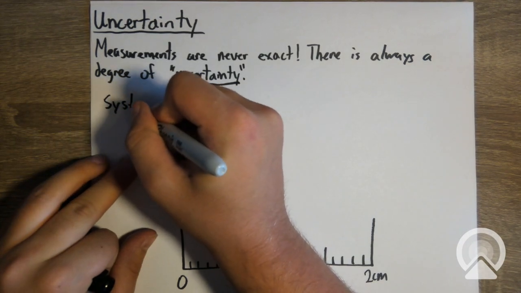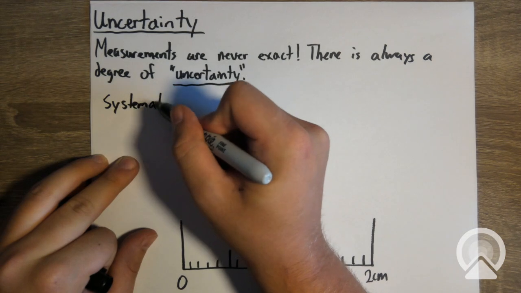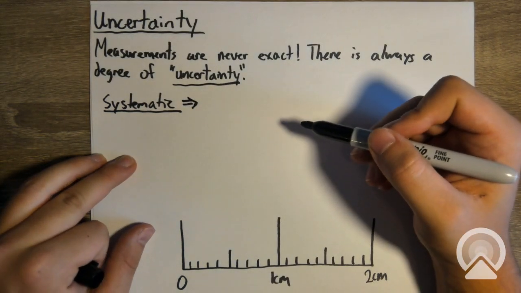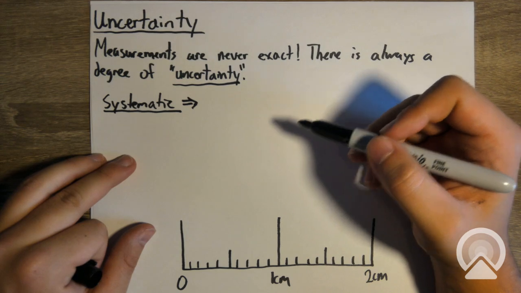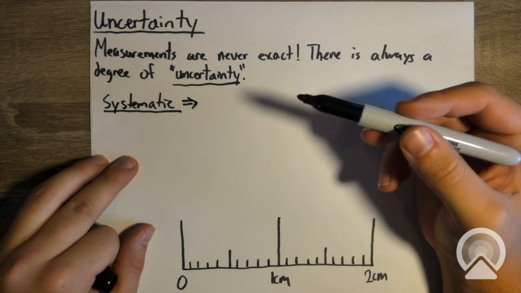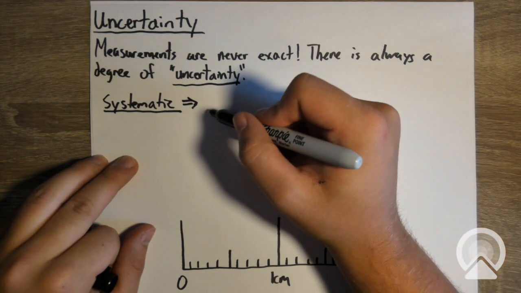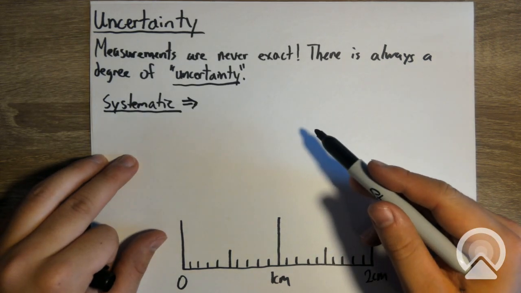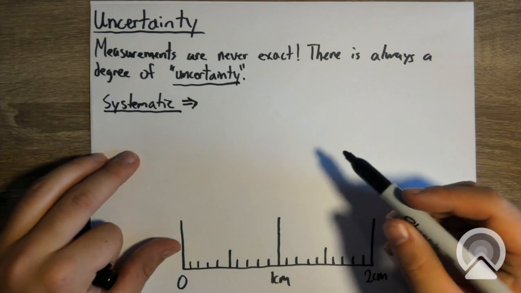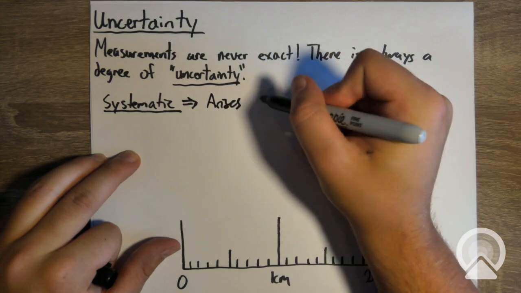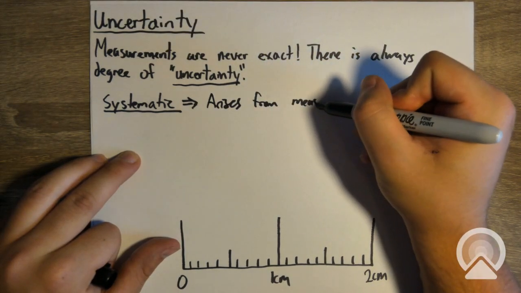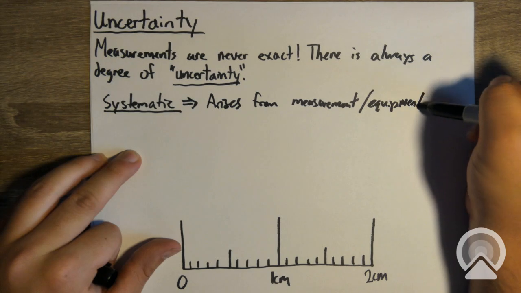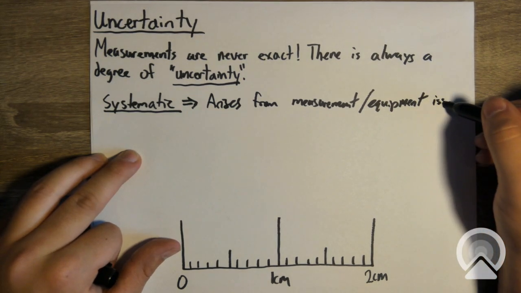One type of uncertainty or error, those words are interchangeable, is systematic uncertainties. This comes up if, say, you're doing a measurement and your device, whatever you're using to measure, is not calibrated properly. So you'll constantly have inaccurate results. It also arises from measurement equipment in general, or your environment.